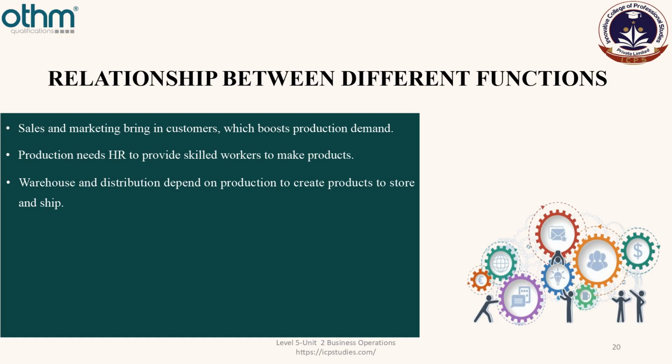So all these functions are interrelated with each other. Then if you talk about finance, finance allocates the money for all these departments. If the finance department is not working, or is not allocating the budget for all the departments, then it would be very difficult for all these departments to run their functions. So the finance department always allocates the money for the HR department, for the production department, for the marketing department to function